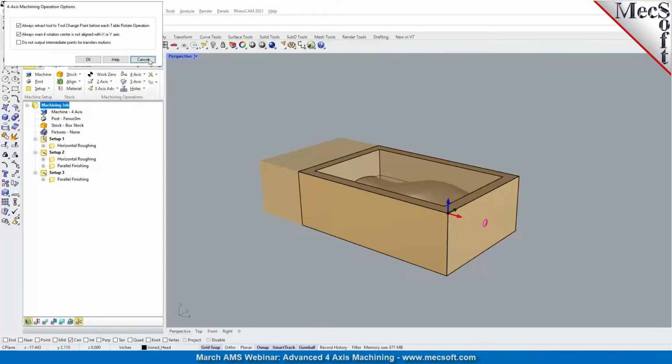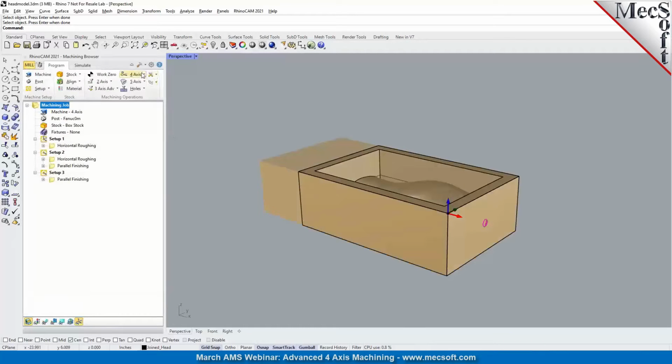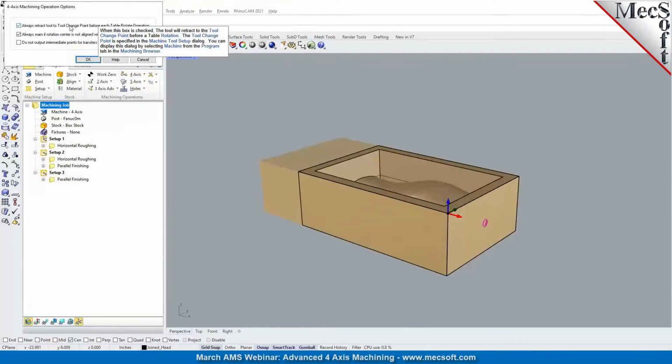Now, if you do not specify a tool change point and leave it at 0, 0, 0, it will not output the tool change point because we don't want you to crash into the table. So only when these are set to a non-zero value, the XYZ coordinates will be output before each table rotation. So this is a very useful tool to retract the tool out of the way before you perform a table